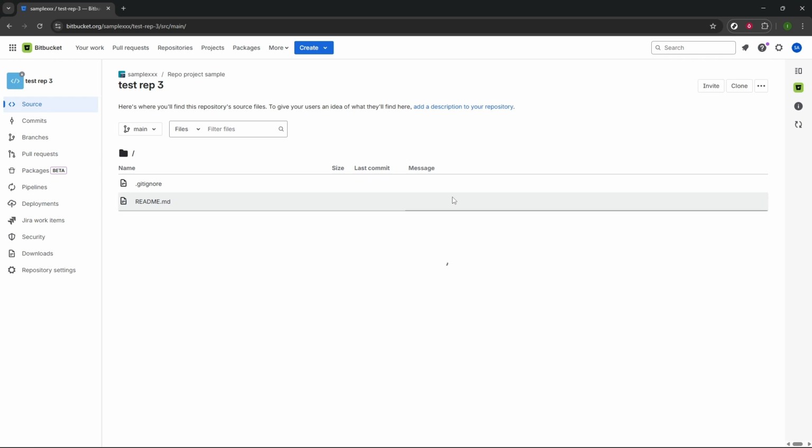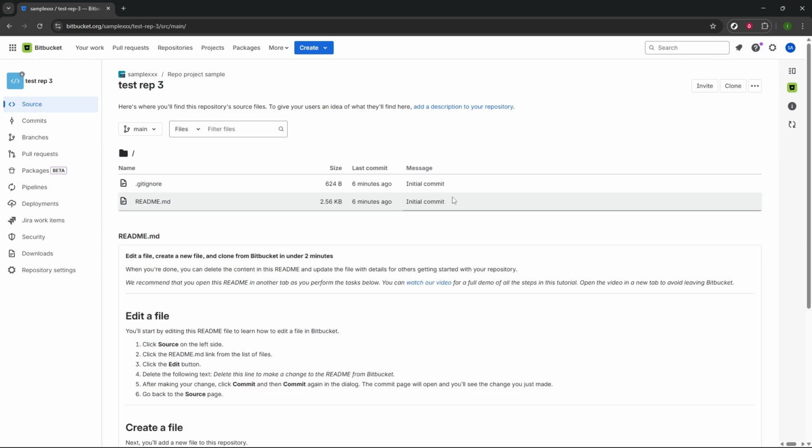A quick tip: keep your fork up to date by regularly pulling changes from the source repository's default branch. That way, when you propose changes back, your pull requests are smaller, cleaner, and easier to review. And that's it. You've successfully forked a repository in Bitbucket and are ready